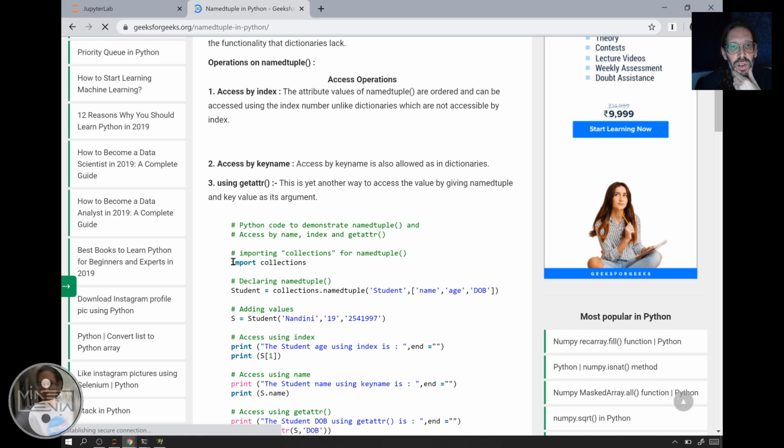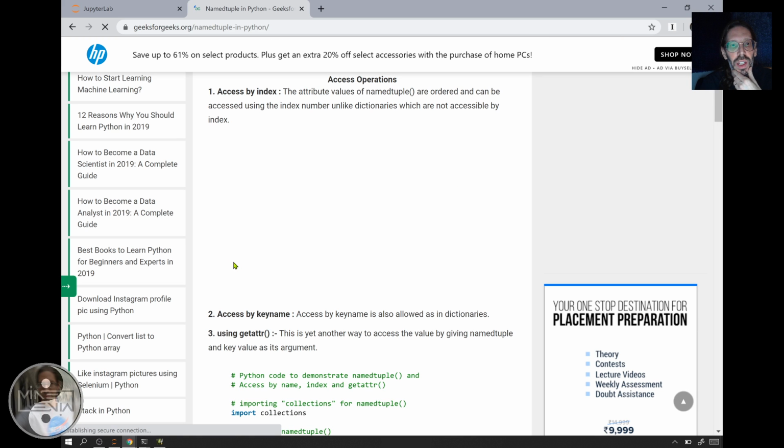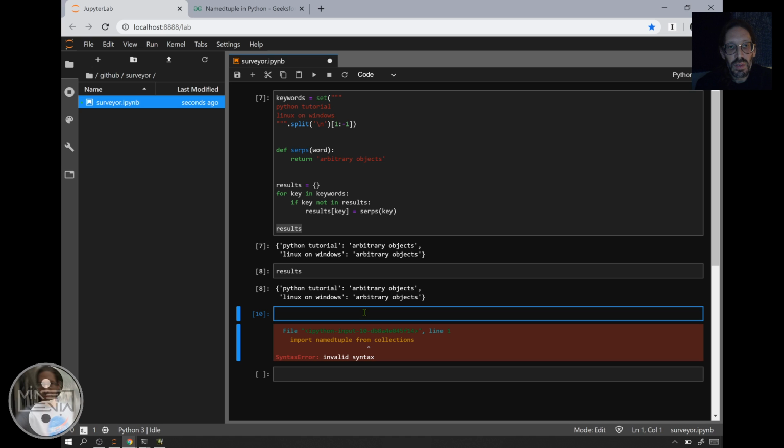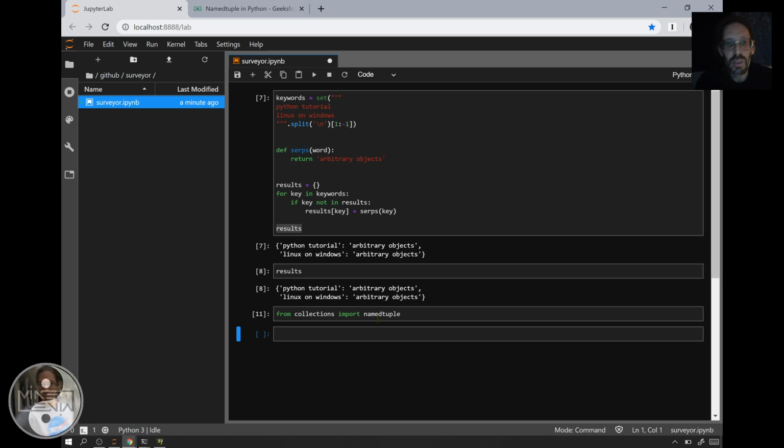They imported the whole collections library. I'm going to try from collections import namedtuple. Okay, so then there's this pattern where you create this uppercase version of